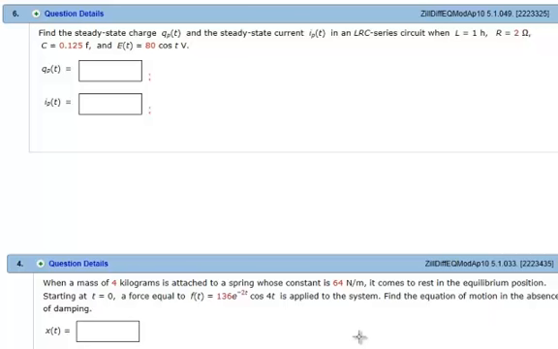But in problem 6, notice that they say find the steady state charge and the steady state current in this circuit. Well, the differential equation would just be L times the second derivative of q. So I'm just going to write it with prime notation. And the L is just 1. So we'd have q double prime plus r times q prime, so plus 2q prime, plus 1 over c. And if you do 1 over 0.125, you just get 8